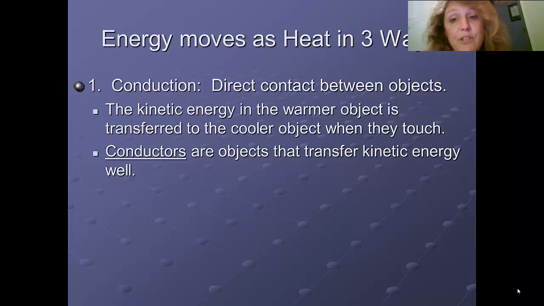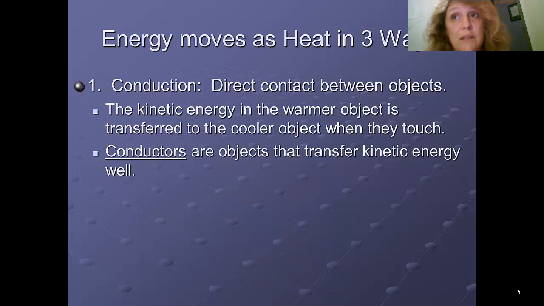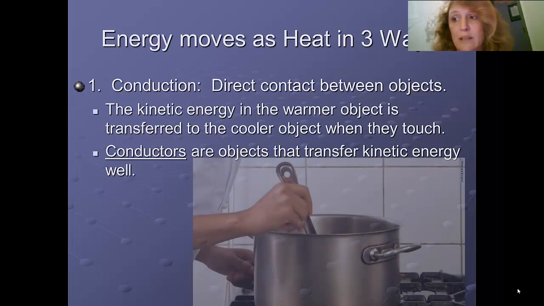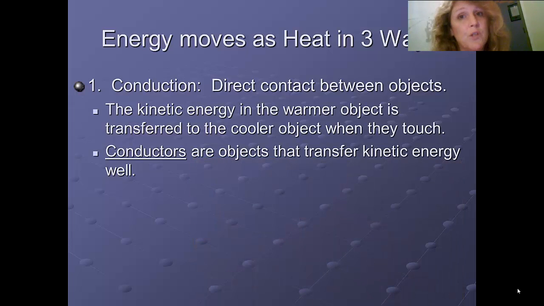Now, you've heard the term conductors. These are objects that transfer kinetic energy well. These are like metals, which is why when you're working at a stove and you're stirring something in a boiling pot of water, a metal spoon will heat up really quickly, but a wooden spoon or a plastic spoon won't. Metal's a good conductor, wood and plastic are not. They're called